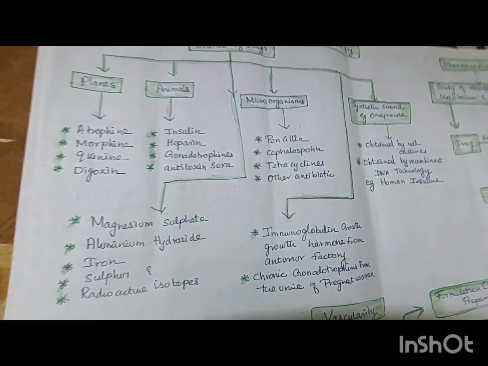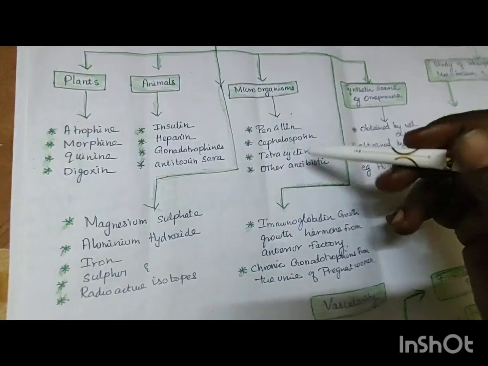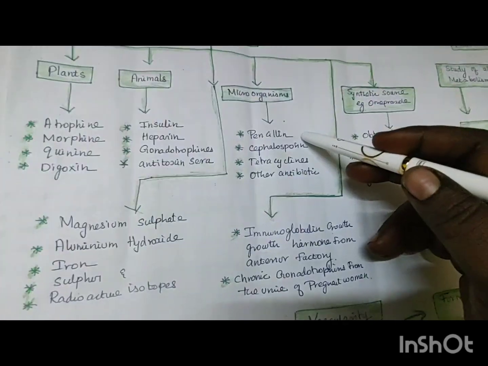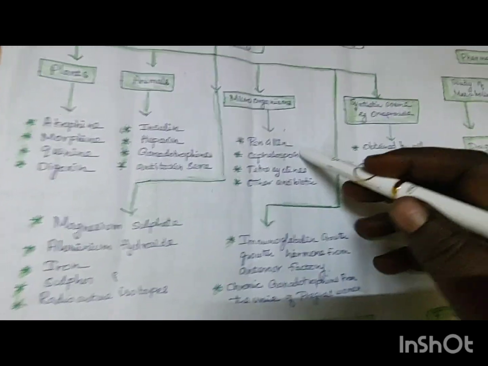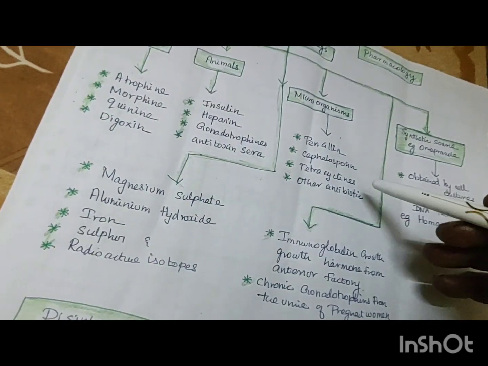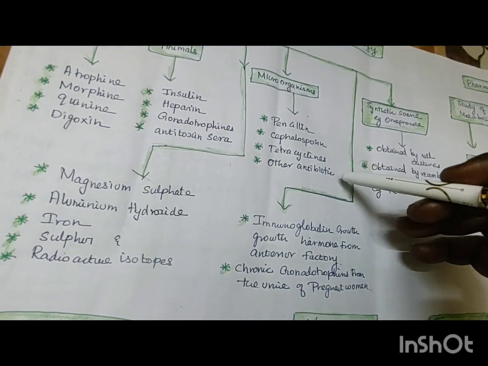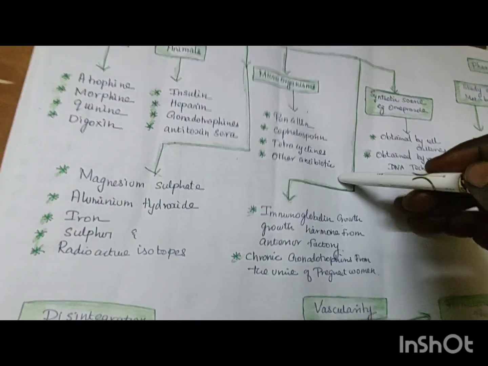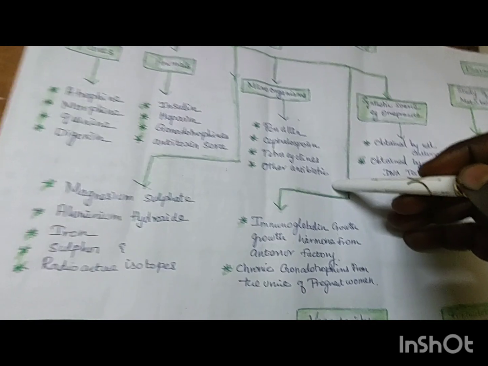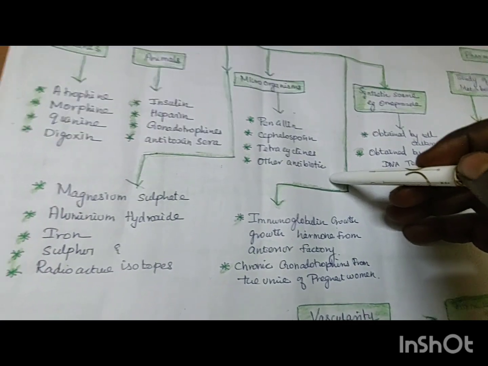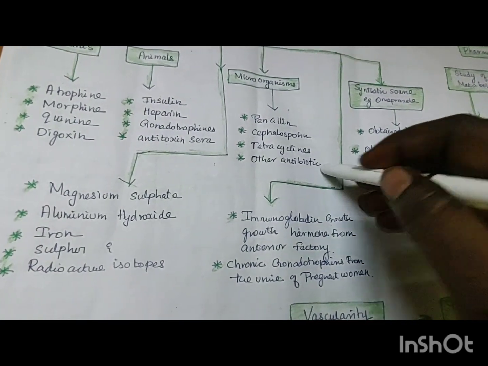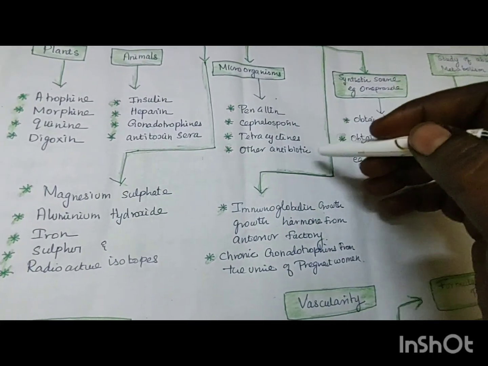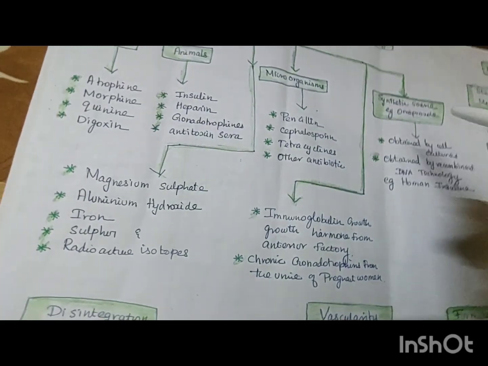Microorganisms, you know very well, penicillin. Penicillin is a broad spectrum antibiotic. This is the first; they first tested it against syphilis. And cephalosporin, tetracycline and other antibiotics, augmentin. Why are they bringing out many antibiotics? Because of misuse of antibiotics, patients may be affected by nosocomial infections or methicillin resistance. So you have to go for the higher level antibiotics.